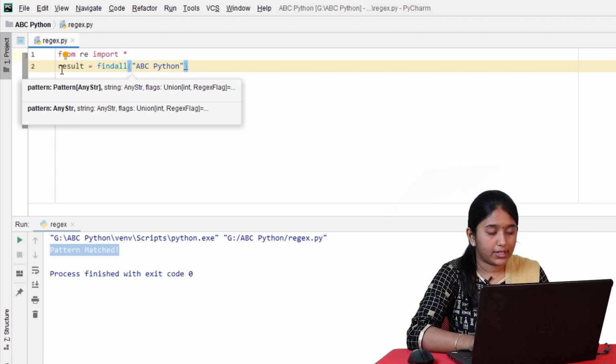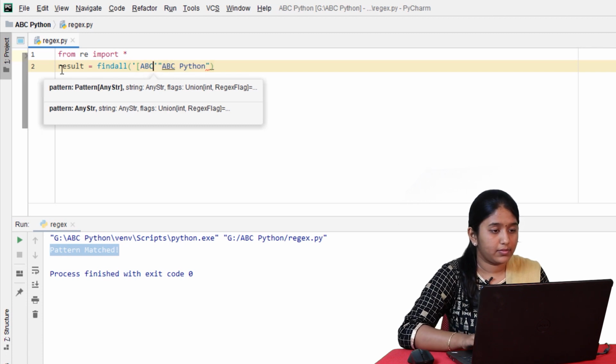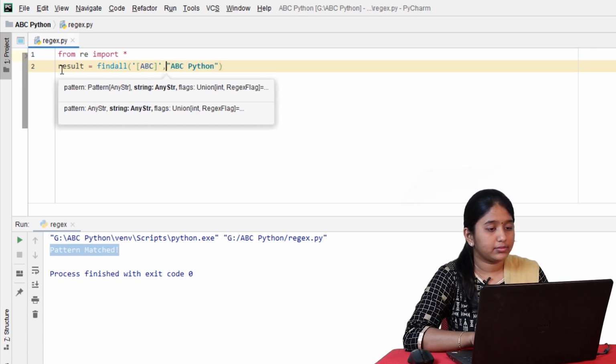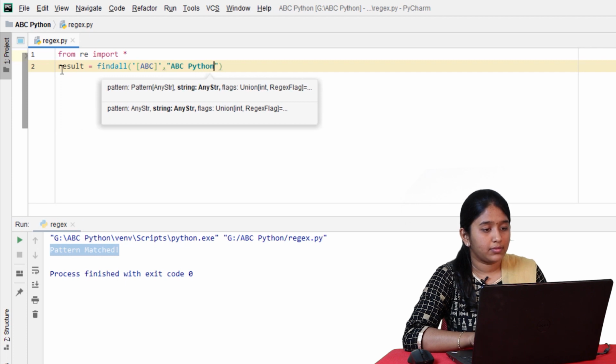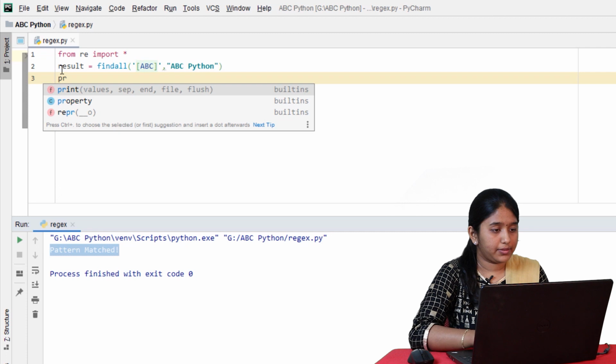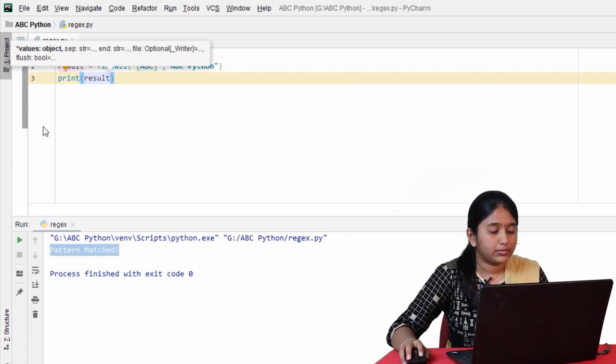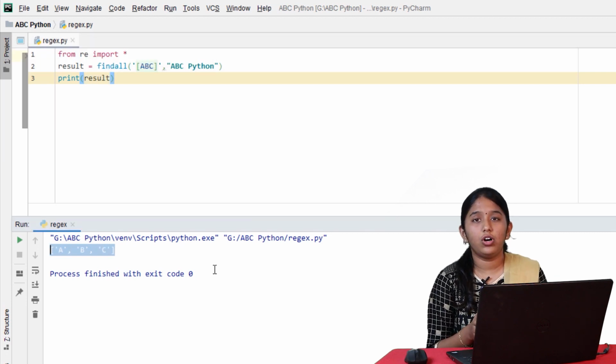Let's search for ABC. And then print result. As you just saw, all the characters have been found and displayed.